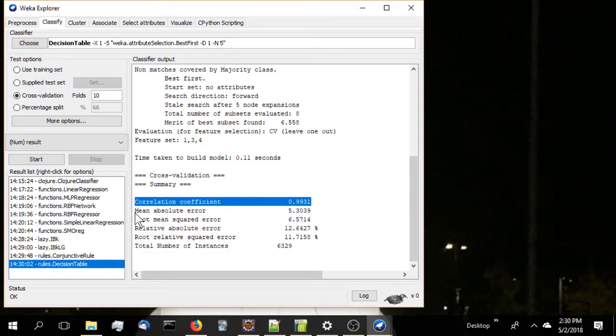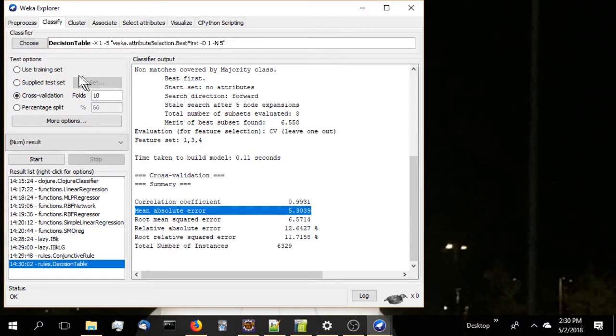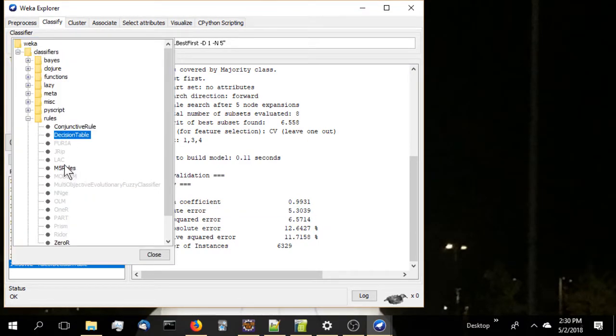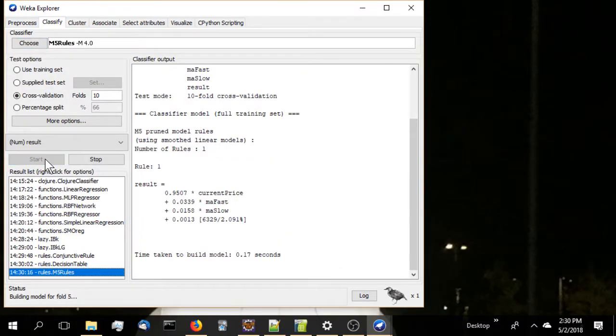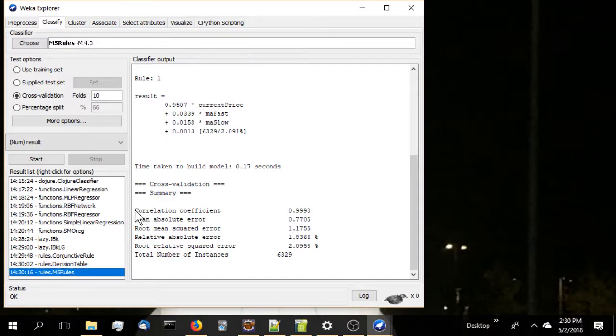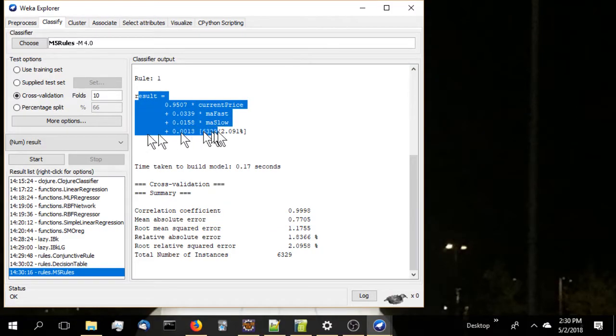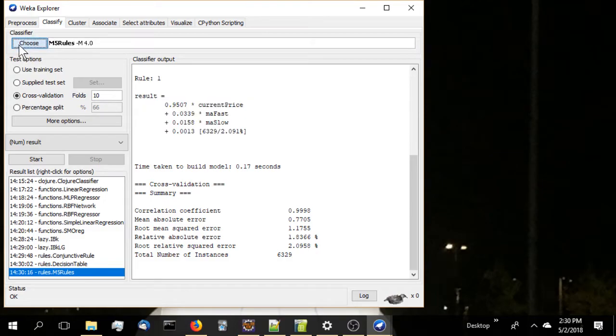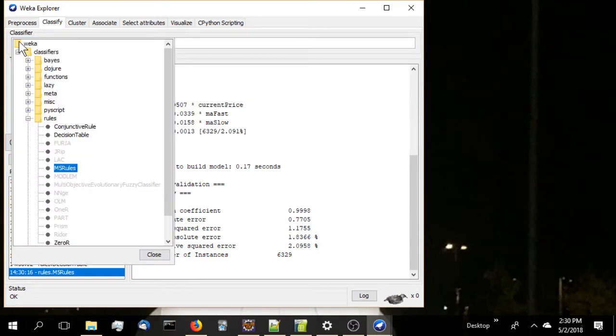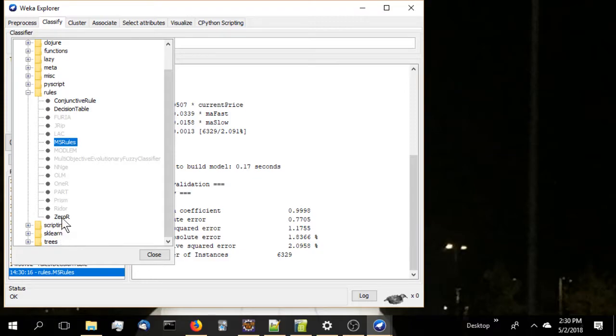M5 rules. Pretty good. Correlation coefficient, close to 1. Mean absolute error, not too bad at 0.77. And again, we get pretty much the same numbers that the linear regression classifier produced. Zero R we've already seen, it's not so great, and we did that in the first video. We're going to skip scripting and the sklearns, it's not available to us, and down to the last node here